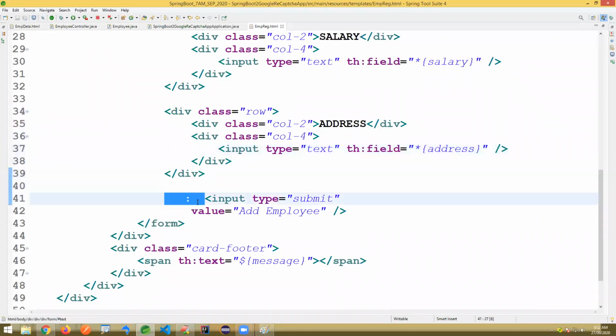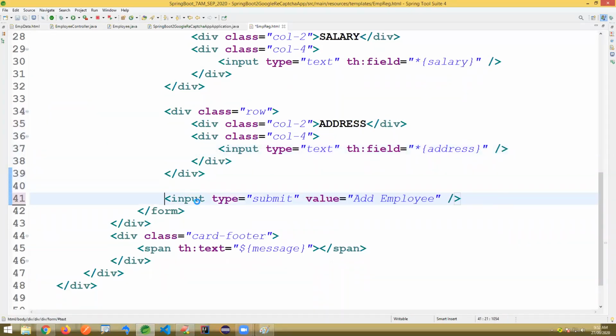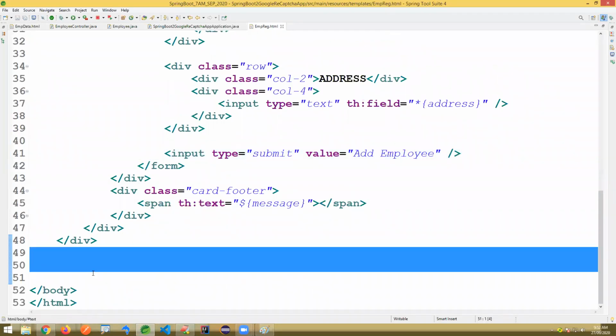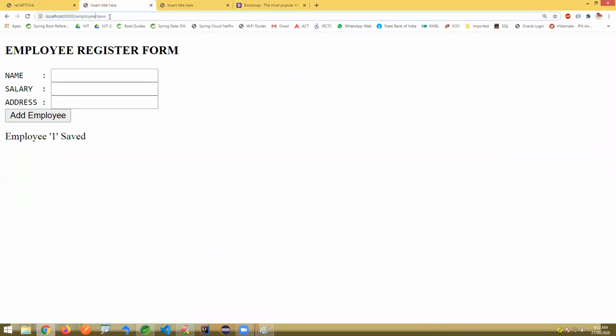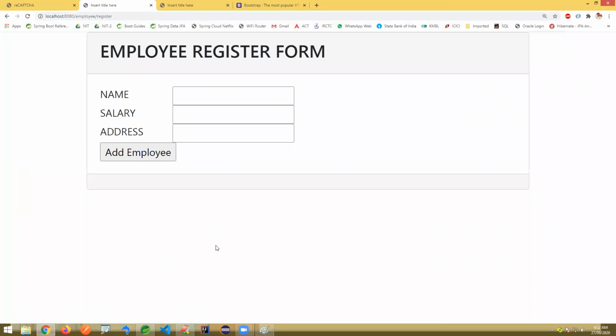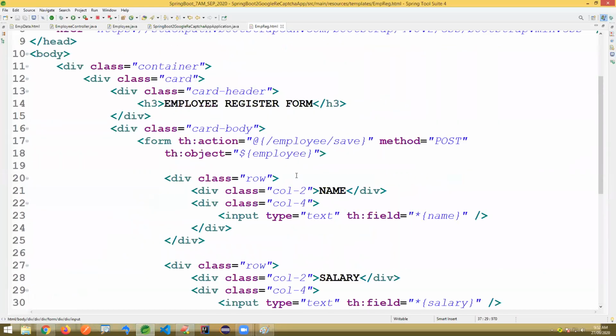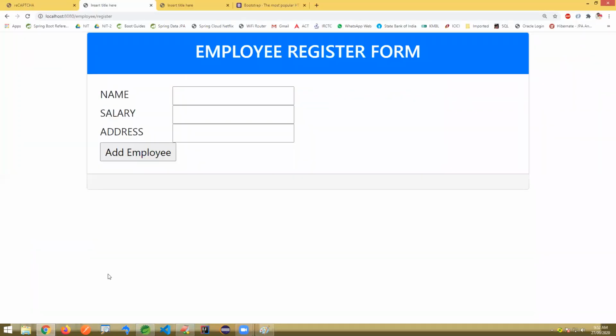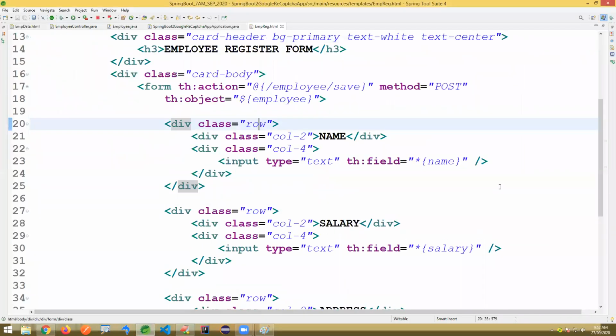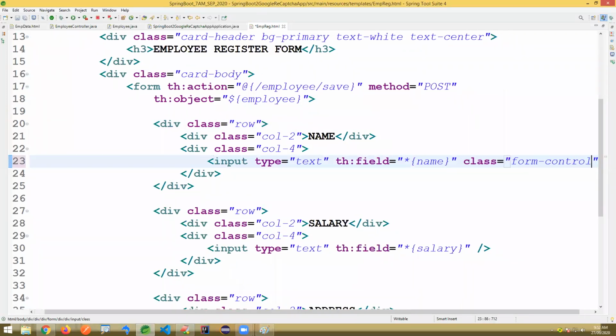Okay. Let us do some color designing here and all if you want. Okay. And for these inputs, I'm just writing a class that is form-control.